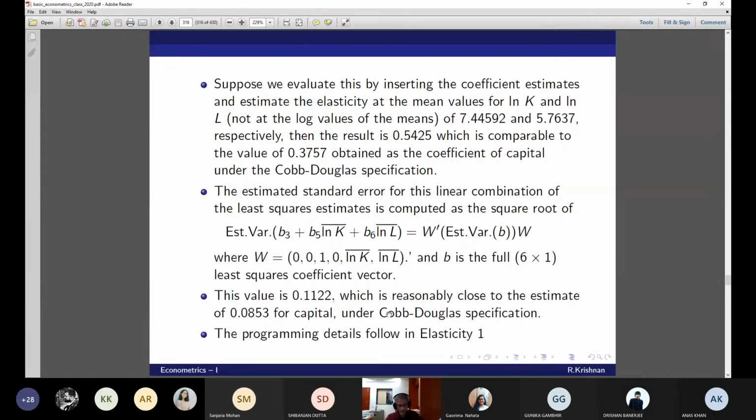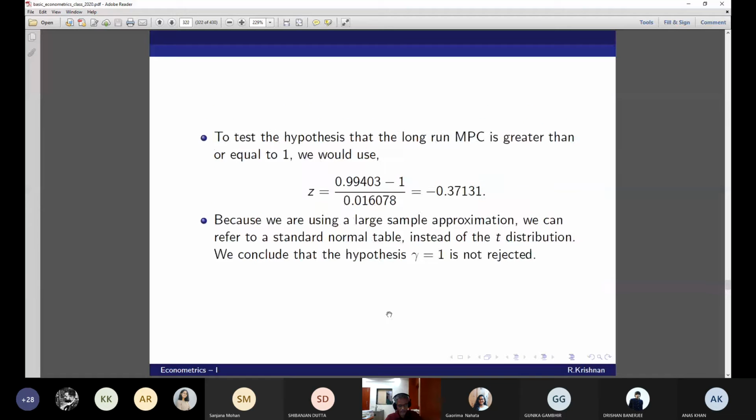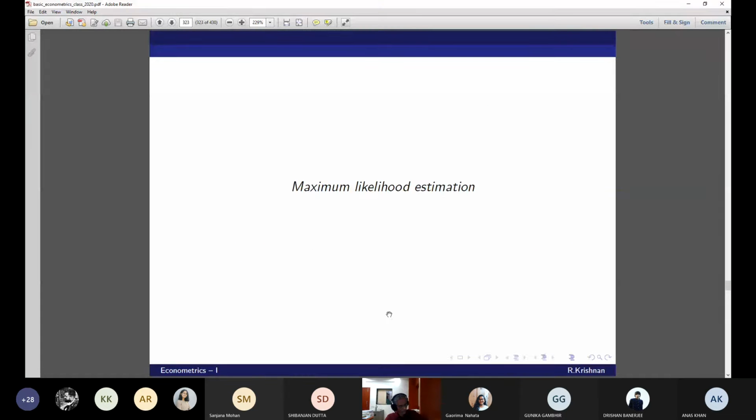Okay, now this is it. This brings us to the end of hypothesis testing. Now I'm going to another important method of obtaining the estimates of the parameter vector. So far, we have concentrated only on OLS. As I said right in the beginning, there are many ways of estimation. Now, with the advent of computers, simulation-based estimation also comes in. Vastly different estimates you get for the problems that have been reported in the textbooks. Because of powerful computers, you can do whatever you want.